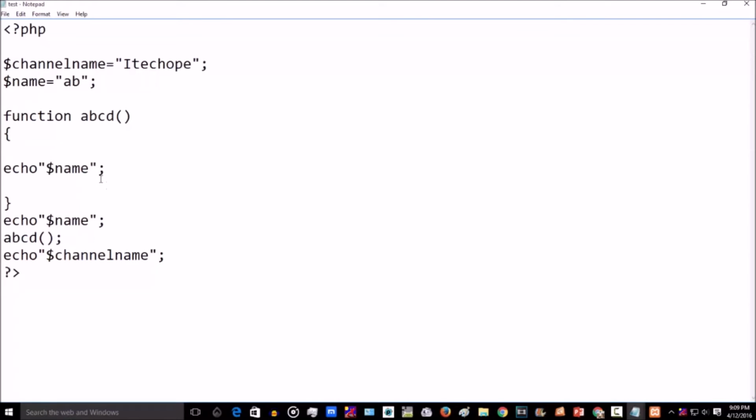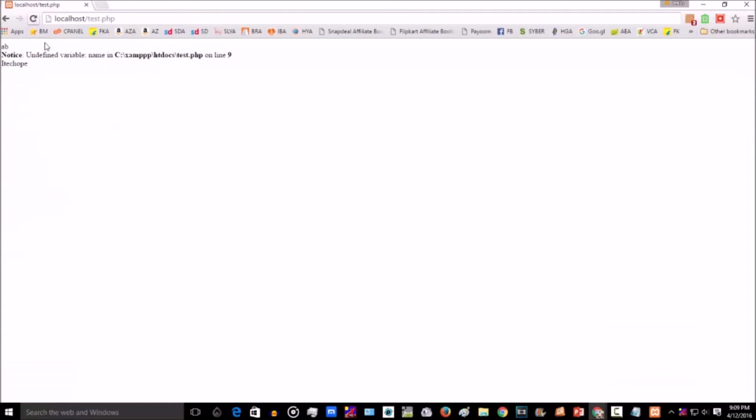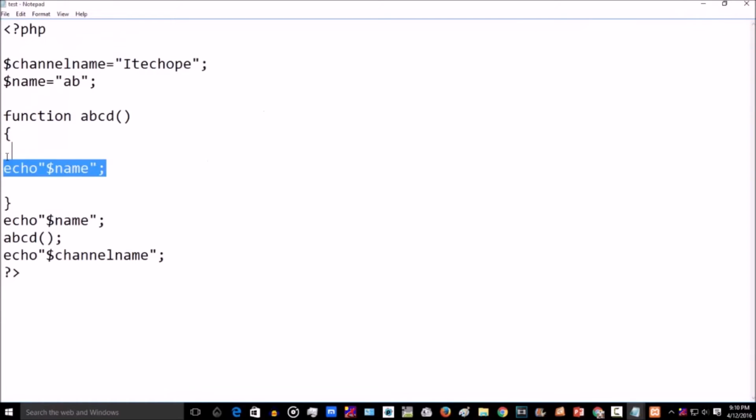So AB should be printed, right? Let's run this code. Here we are seeing AB is printed, which is from outside the function, and after that we are getting an error, undefined variable name on line number 9.